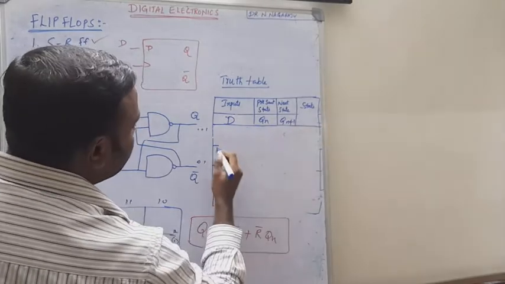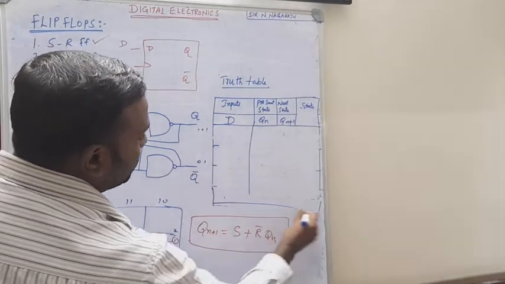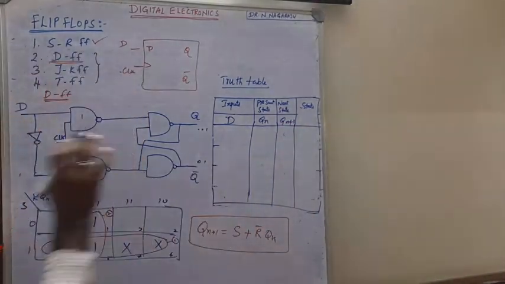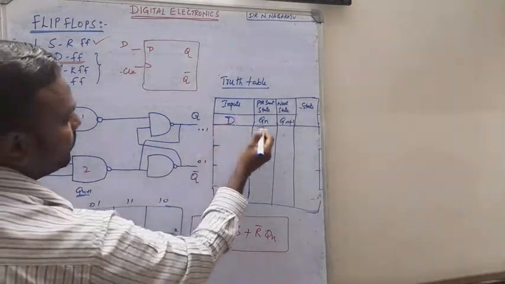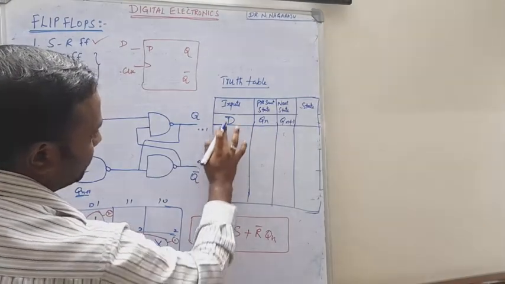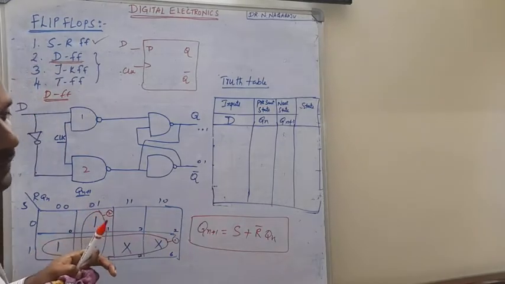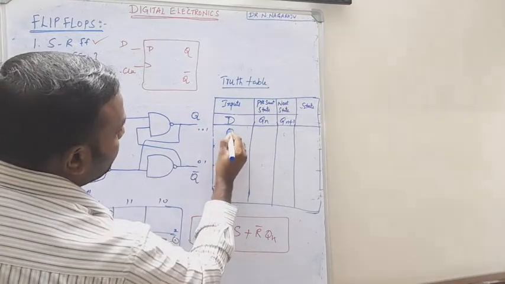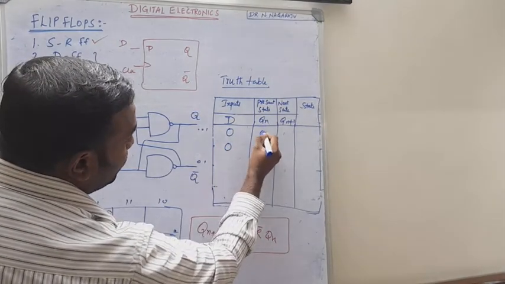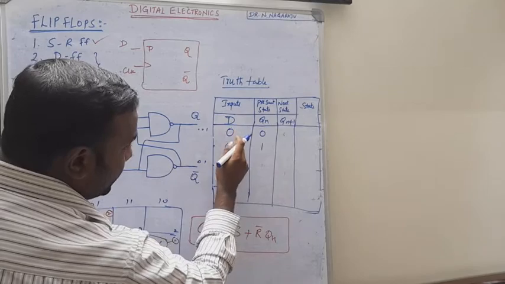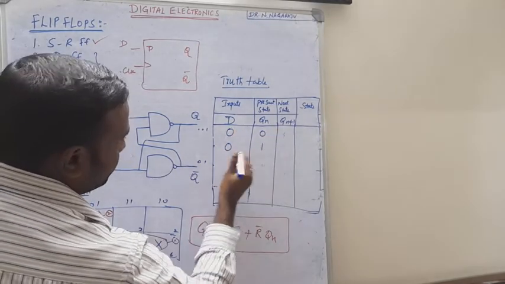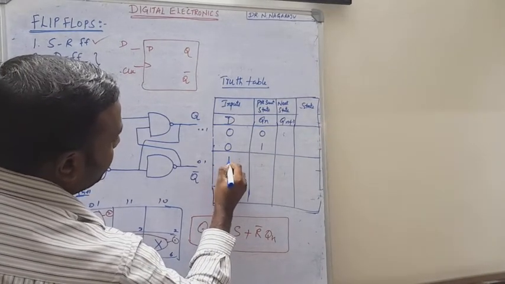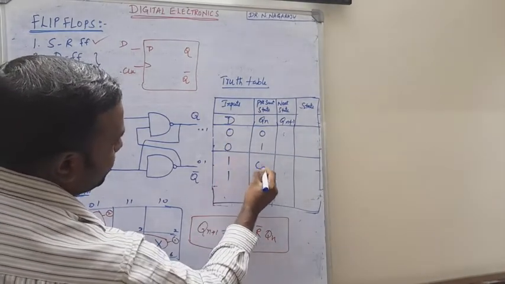Q and D are the same thing here, the present state and next state. D is a single variable, so you get two excitations, 0 and 1. So I am going to use here 0 0, and the present state is 0 1. Okay, if D input is 0 0, so the present state is what? Next, similarly, if it is 1 1, because of two excitations, so 0 1.